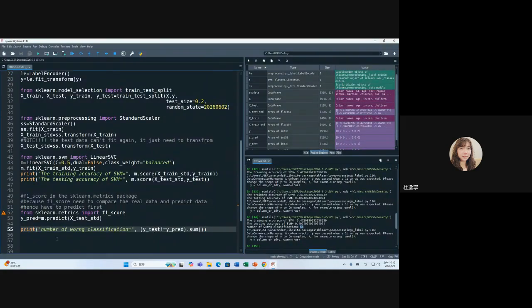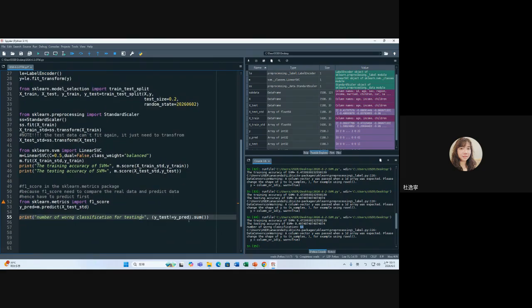Okay, here we have to print how many wrong, how many data that is number of wrong classification, 就是分错几个. Okay. So this is for testing. If you want to know how many predict wrong error for